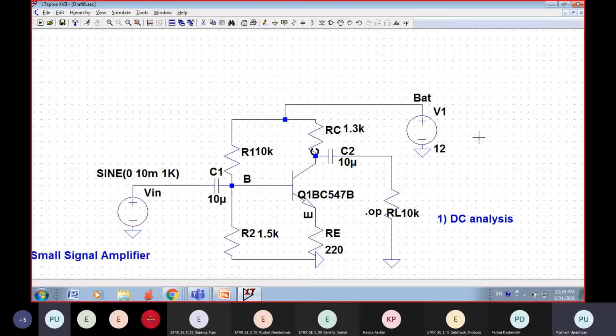Pankaj sir, can you see my screen? Yes sir, it is visible. Okay. I've received a call, so I just cancelled it.